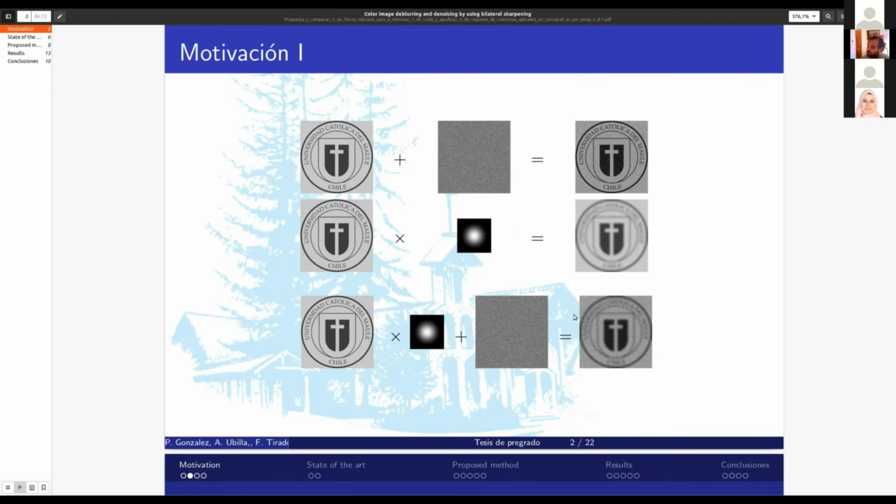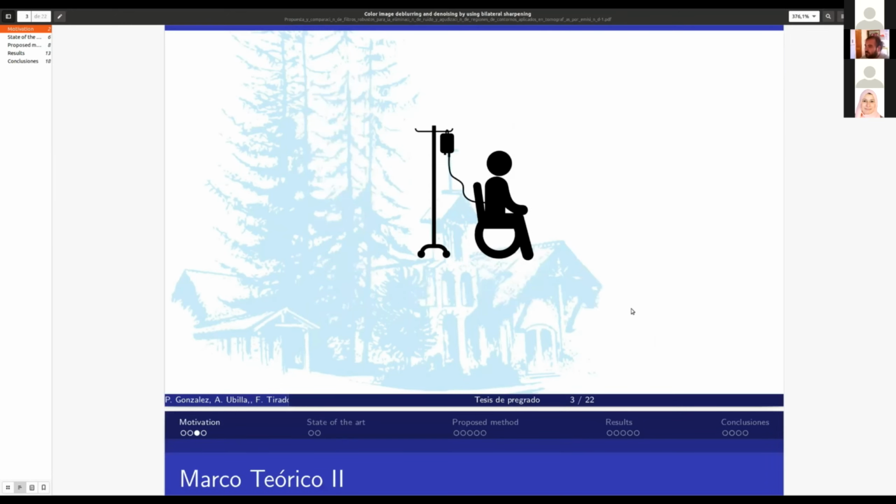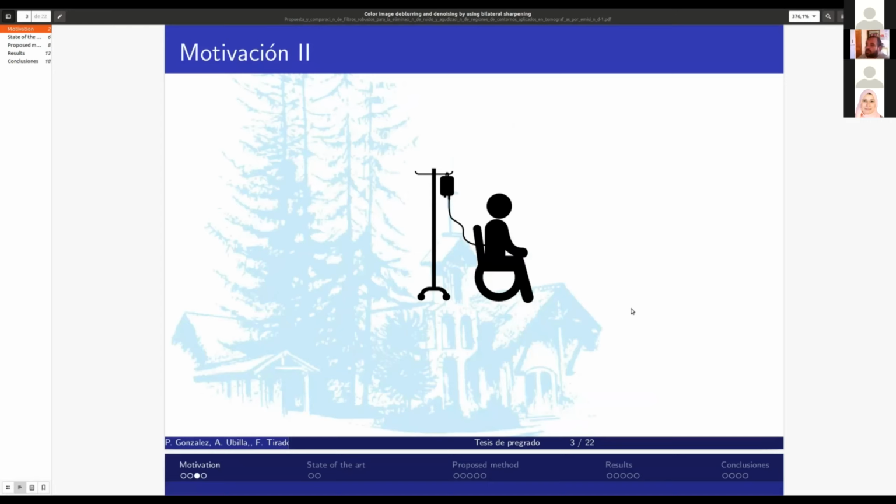This is a very bad problem because we have the noising and blurring process. And here we lose the contour information and we have many perturbations in the signal. This problem can produce several future problems with the segmentation process and the quantification process, and this is very bad when we want to extract information to obtain a very good treatment for the patients.